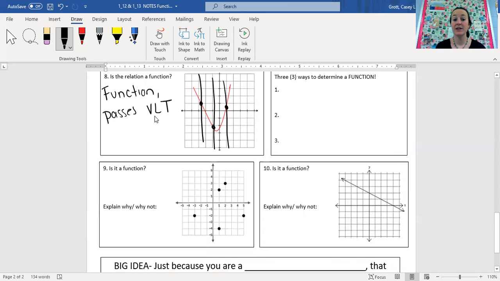Okay, number 9, it's no longer a line. This time we have dots. That's okay, we can do this. So let's draw a vertical line where the dots are at. So I went through one dot. It's a function, but there's more dots. Let's check the other dots. Here, I only went through one dot. Okay. Here, I only went through one dot. Okay. Here,